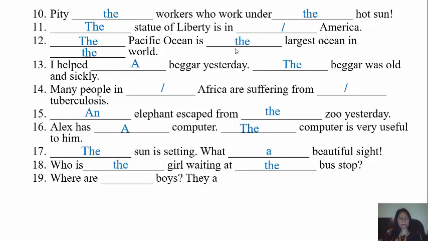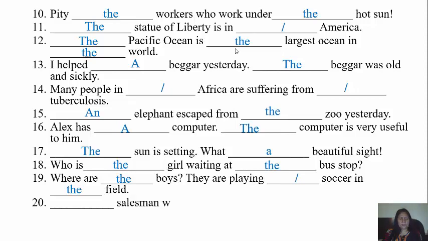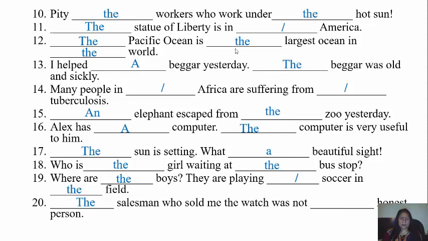Where are the boys? They are playing soccer in the field. Last, the salesman who sold me the watch was not an honest person. The salesman who sold me the watch was not an honest